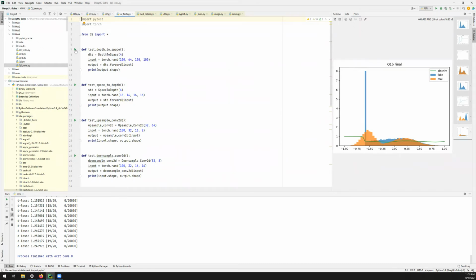It just seems like it's just changing the shape of it and then moving things around. It's actually not making it bigger or smaller. So I think the idea here is that we have depth, and then this depth is increased to space. So here's a small example. So this is the starting point. Let's say 100 batch size, 64 is the depth, and then it's 100 by 100. And then if we look at the output,